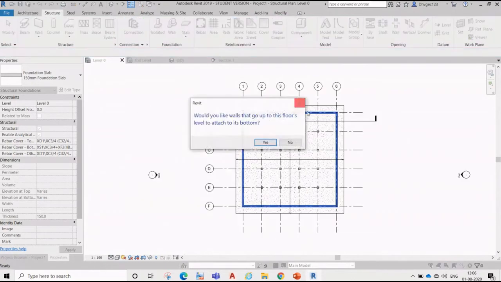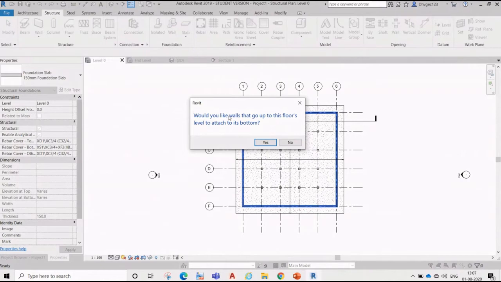I'll say okay. It asks: would you like the walls that go up to this floor level to be attached to the bottom of the floor? Please understand this. Before, when we said wall till slab level or floor level, it would just extend a 2 meter height wall.